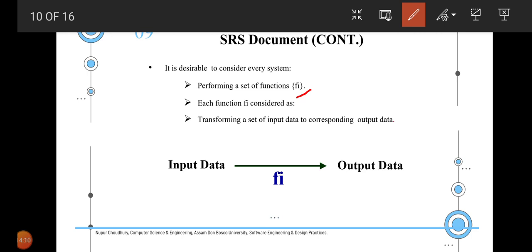So this entire function, suppose multiplying two numbers, will essentially include the input data, and there should be a function which needs to be executed, which is the multiplication function, and we get the output data. So basically a function is a set of input data getting transformed to a set of output data using certain processes. We call this the functional point or functional breakdown of an entire project.